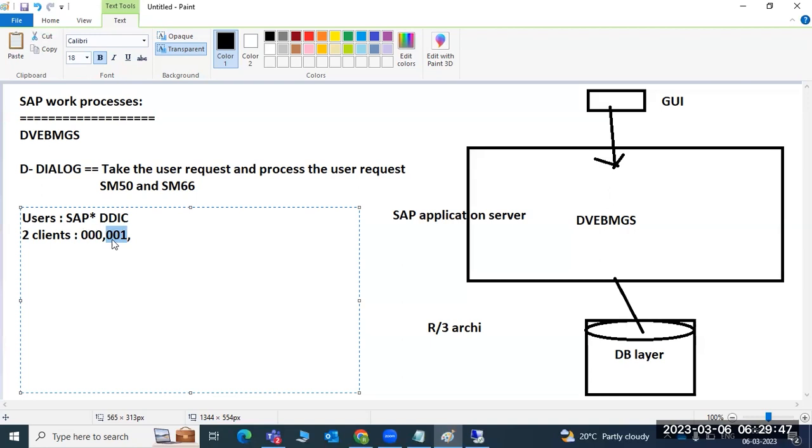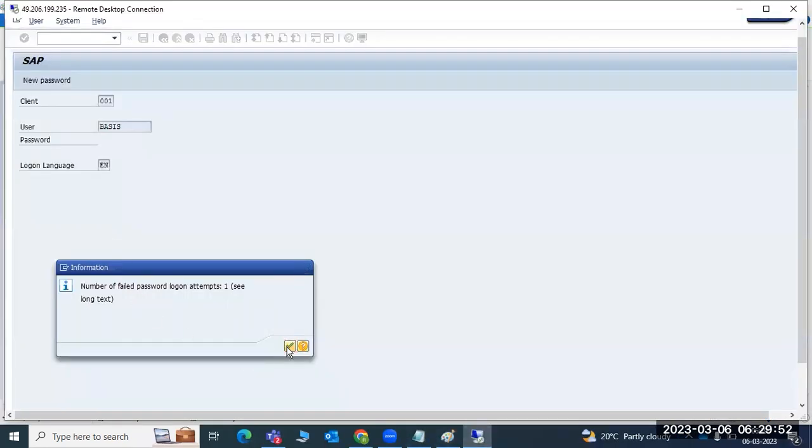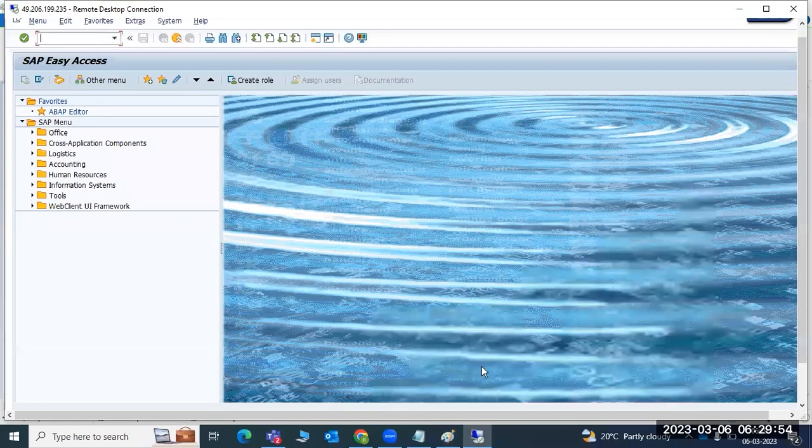Initially you can log in to any one of the clients with any one of the users and do your work here. So this is our SAP home page, our SAP signature. Here we have the SAP OK code box. Here we have to enter the